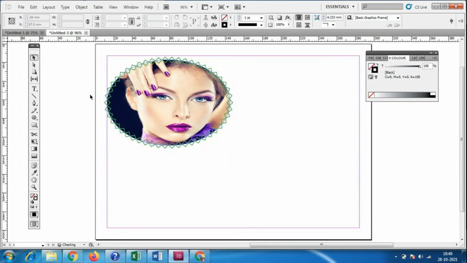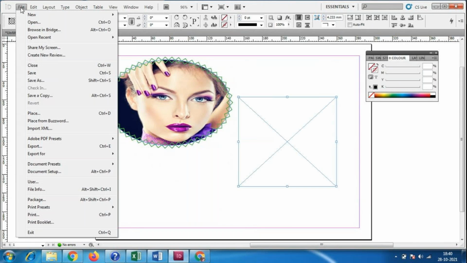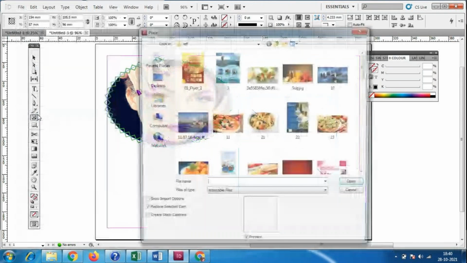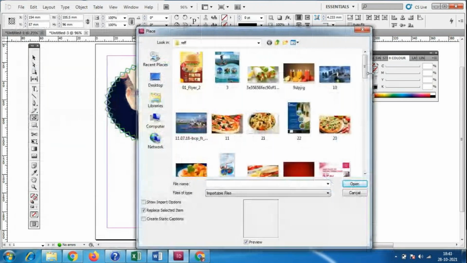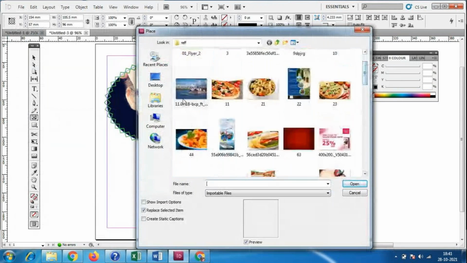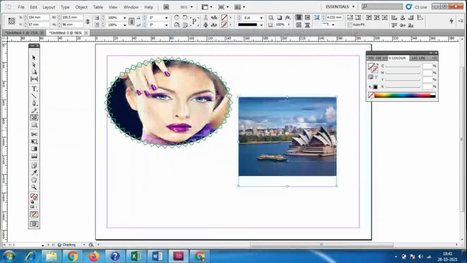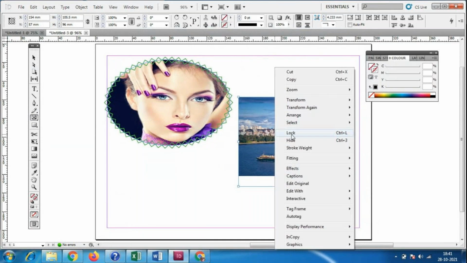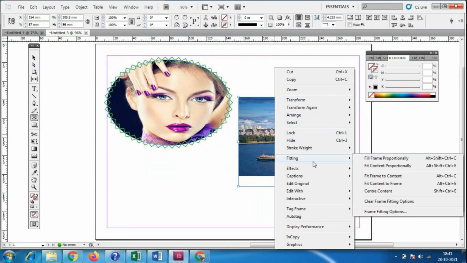I'll go to this one, the first option, the box, and I'll go to file, place, and I will take some image. I'll take this image. Okay, the image quality is very low. So right click on this, fitting, fit content to frame.